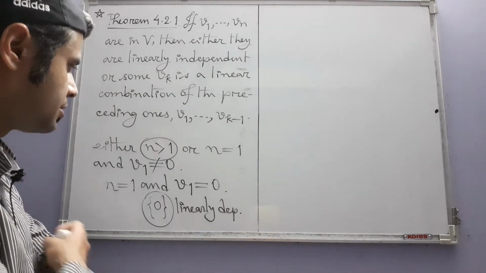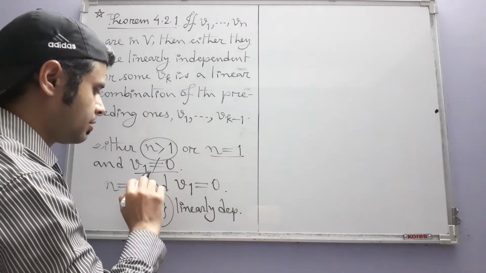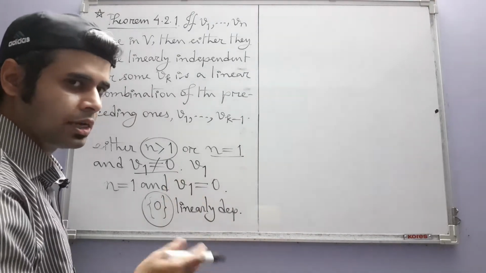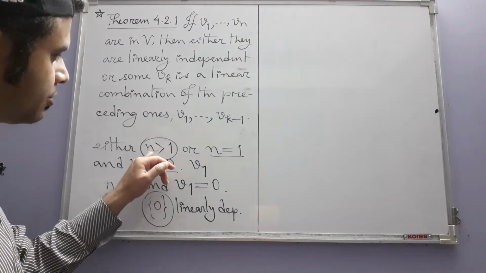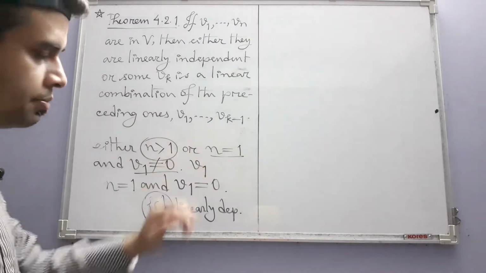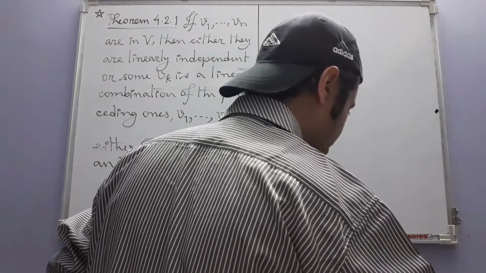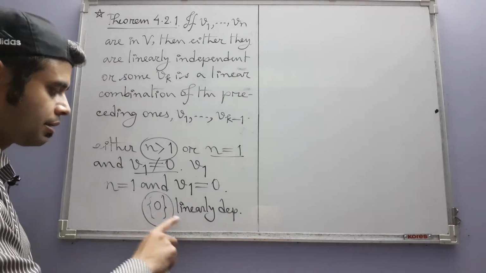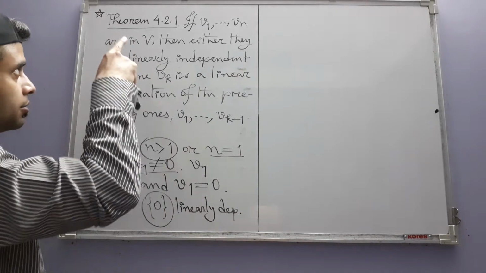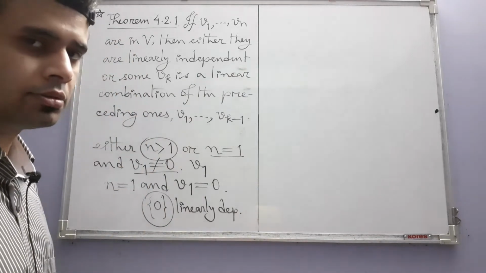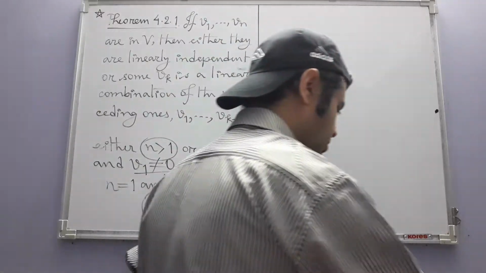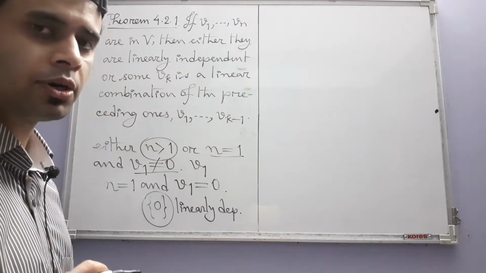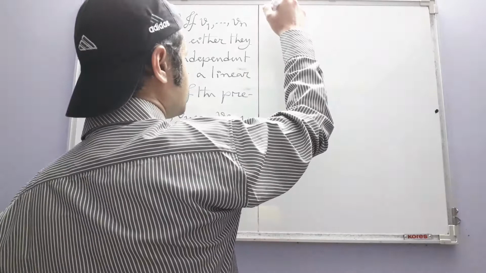That's because this other case, where there is only one vector and that is non-zero, does also occur, but it occurs less frequently than this one. Mostly you can assume n to be greater than 1. If there is something wrong in my arguments in this aspect of the theorem, that is, if in this case also the conclusion of the theorem actually is true, then please let me know. Okay, now we are going to see the important consequences of this theorem. So the first consequence is this: